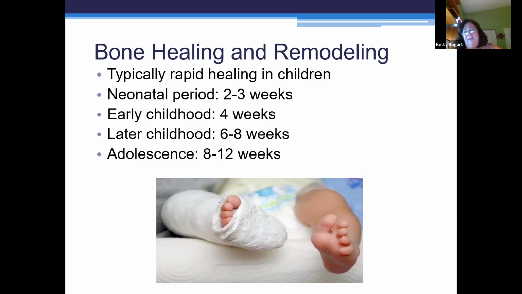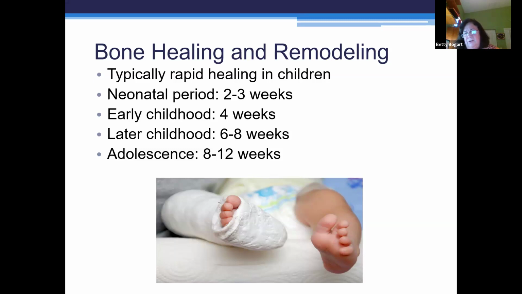Remember, on delivering vaginally, these children can fracture something. It's not uncommon. It does happen. I mean, clavicles, I think, are number one, right? As they get older, healing takes about 4 weeks, and later in childhood, 6 to 8 weeks. Adolescents and adults could be 12 weeks, 16 weeks or more, because we just do not heal the